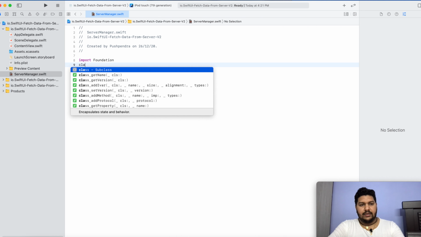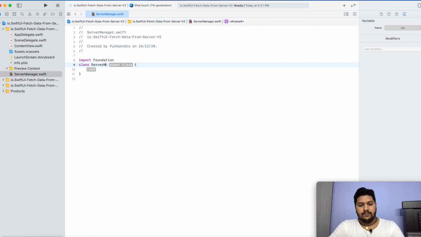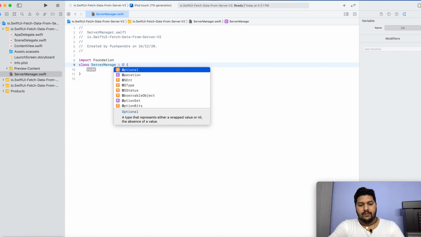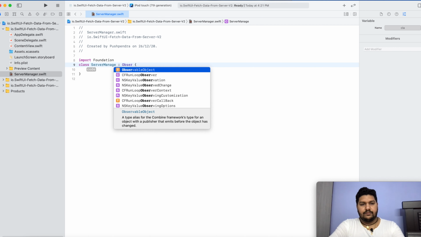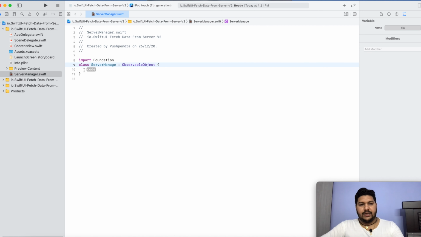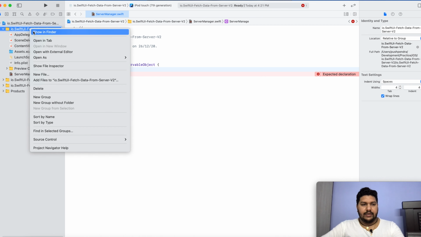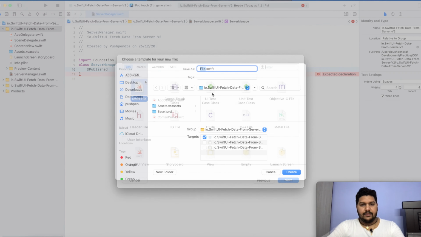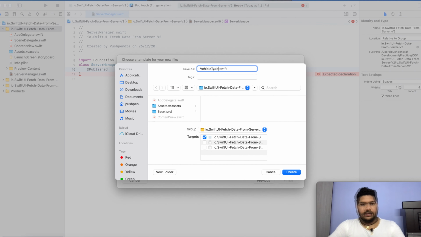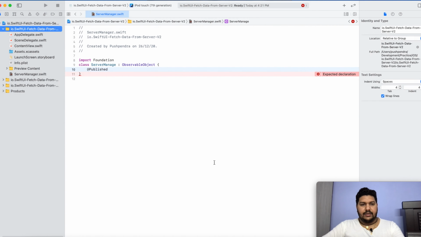So class ServerManager, and this class will extend ObservableObject. Now with a published property, here we will take some class. Before that I am going to create another class, this will be my VehicleTypes.